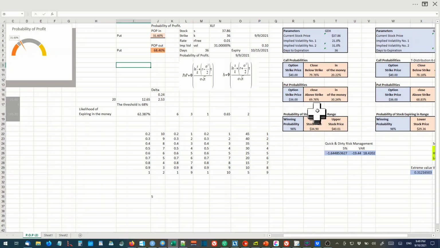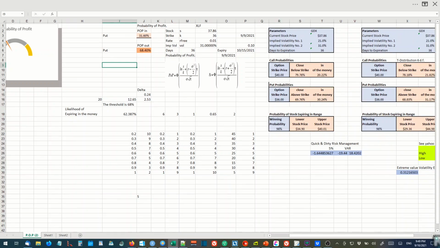And that's the normally distributed version, and that's a T distributed version with 6 degrees of freedom. Now we'll look at that in a minute. Now the range for the normal distribution version is $34.90 to $40.41, which is about $4.34 or something, I calculate. It's not a big range. Even though volatility is high, the overall volatility index is only 17%. So it's not that high.